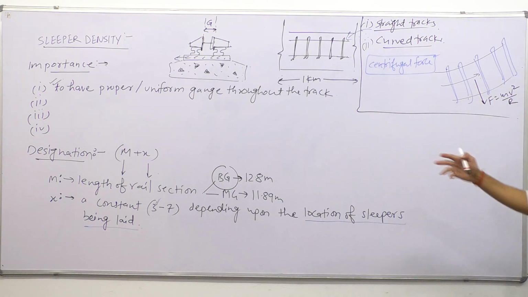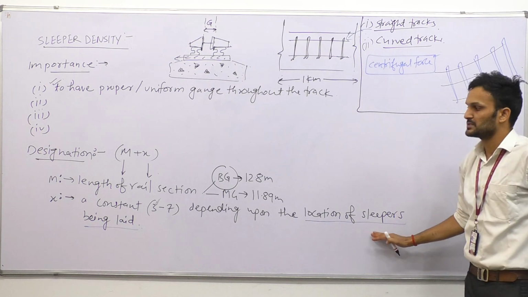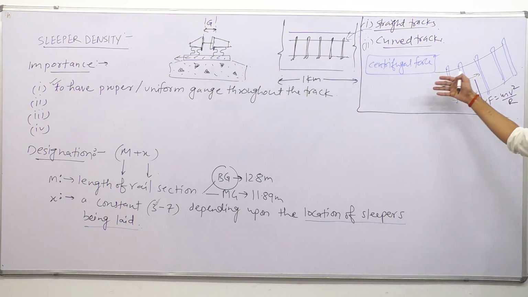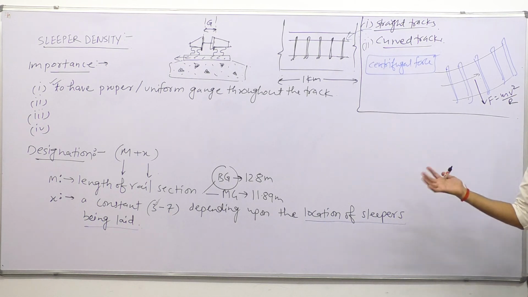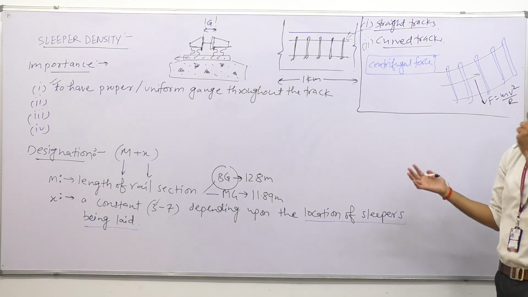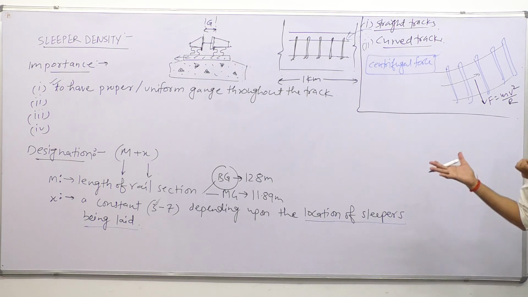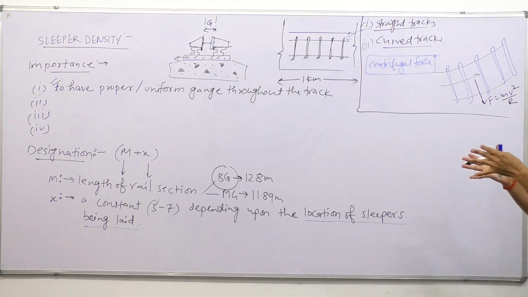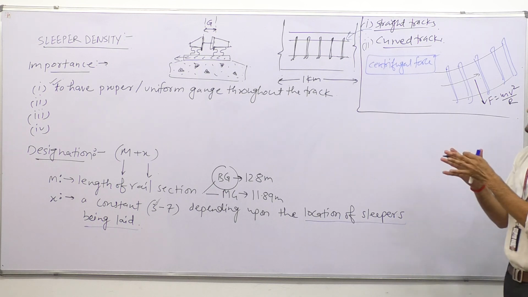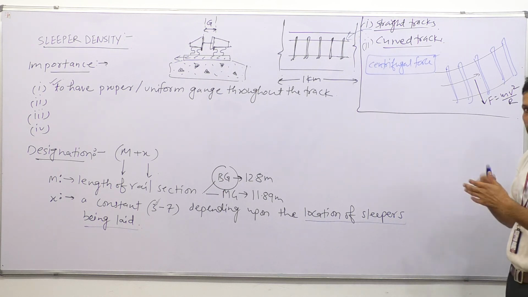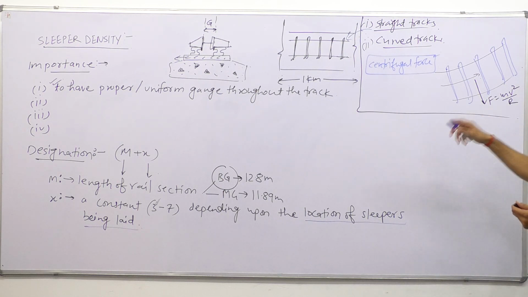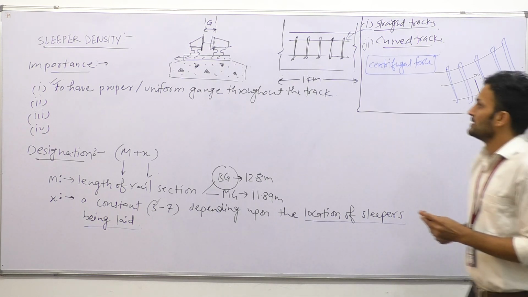Higher values will be there when the vehicle is moving over the curved tracks. So this number varies depending upon what? The location of sleepers being laid. So these two different locations are being provided to you. Else, if the stability of the ground soil is not of that much order, then to make that track resilient enough so that it does not get enlarged when the locomotive is moving over it, we need to provide a different number of sleepers. So this was about the sleeper density.